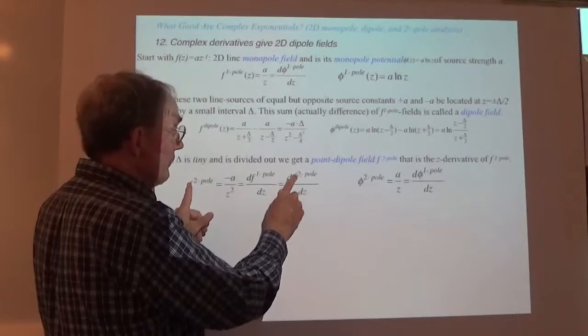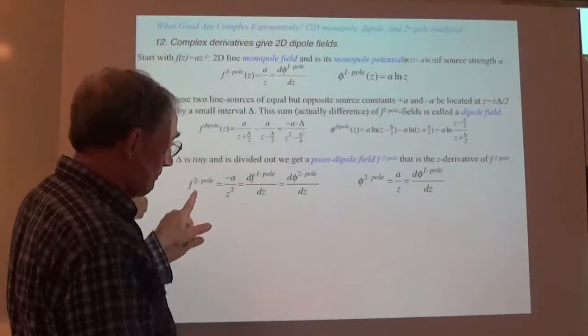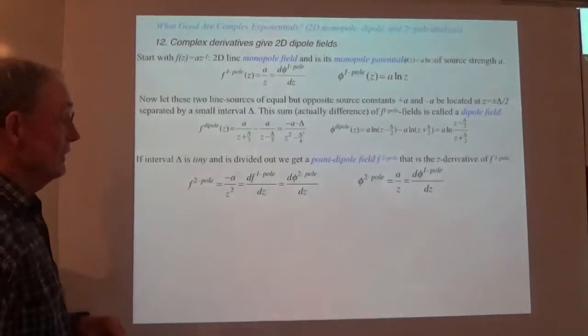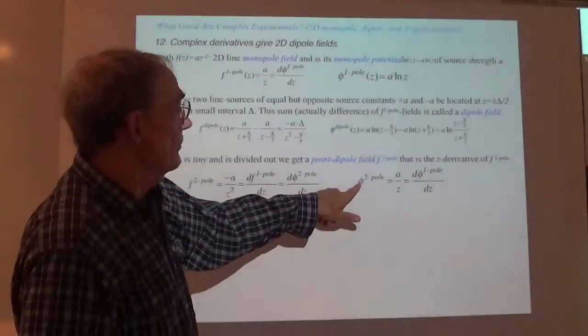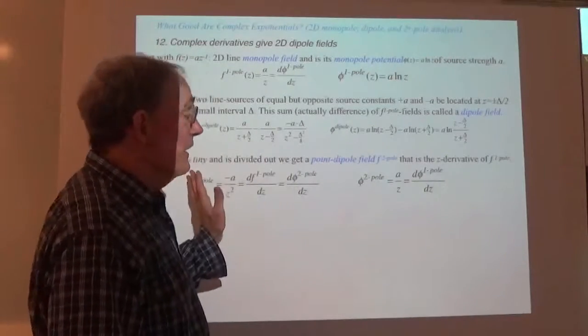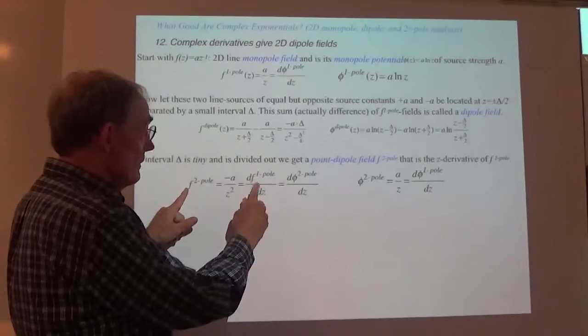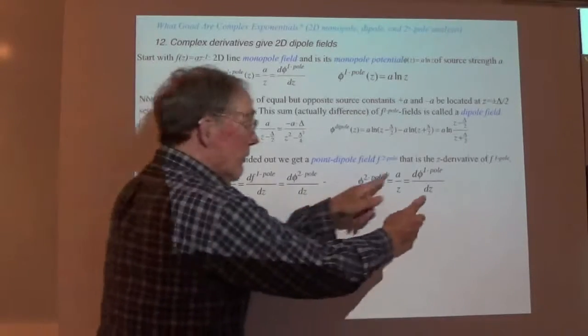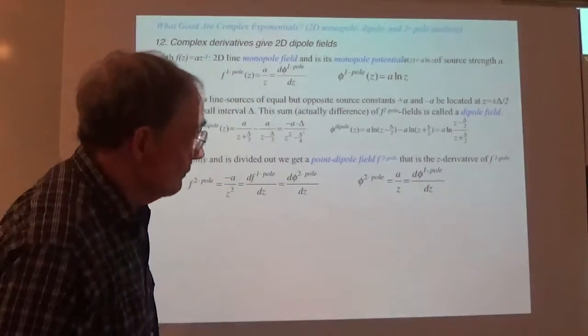So there's the scalar potential of the quadrupole that's going to come out of having a quadrupole field. So this is another way to state it. By taking that derivative of either the potential or the field, you get the next higher multipole